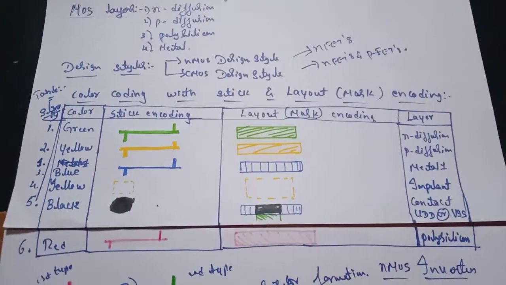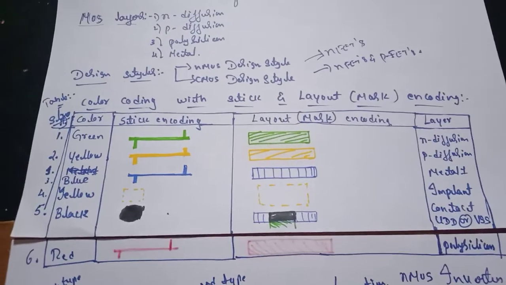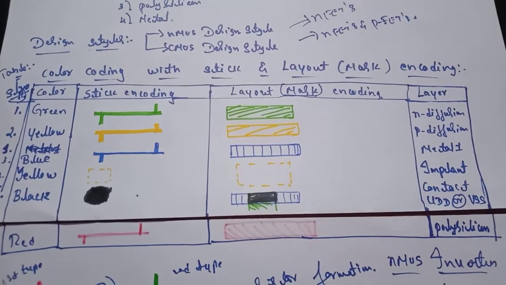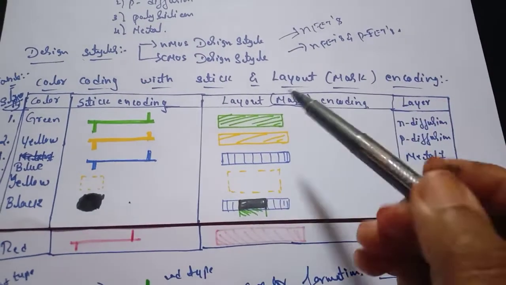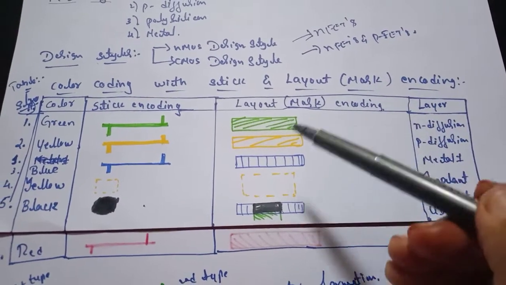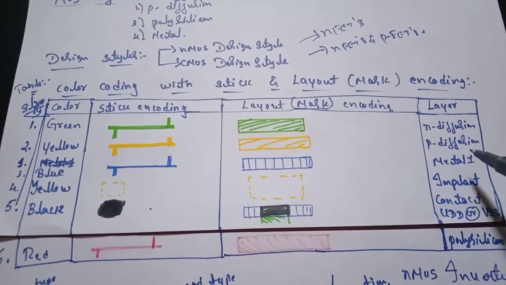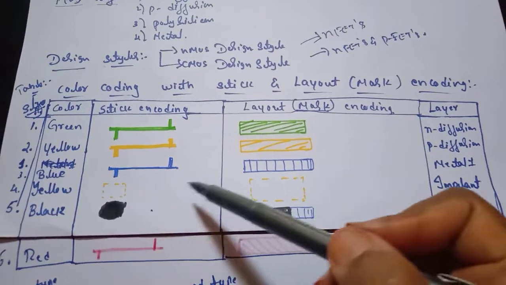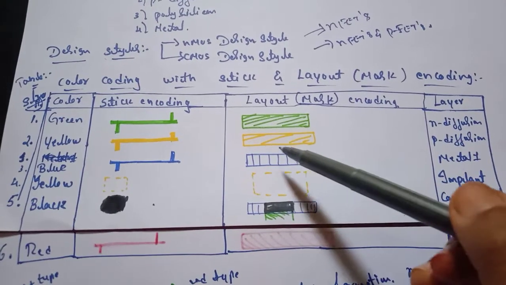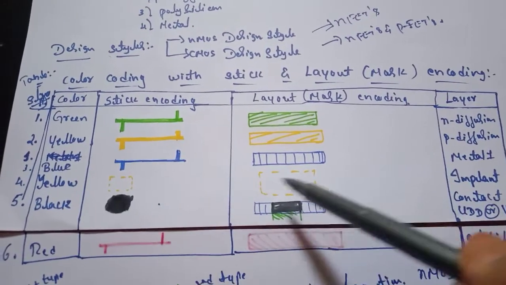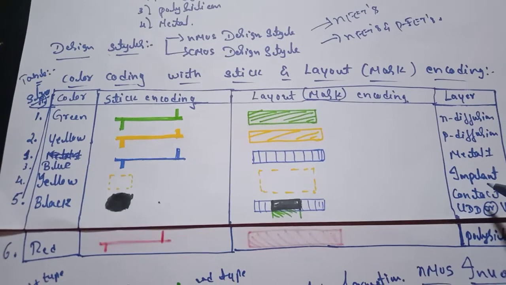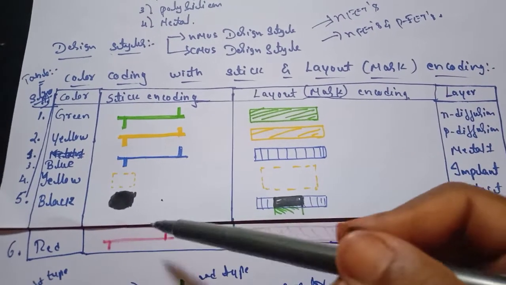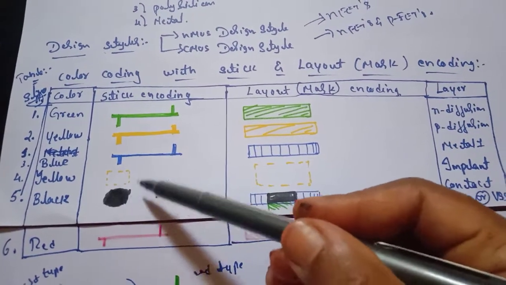diagram. Here, the table represents the 4 layers' color encoding with a contact cut. The first color, green, is used to represent an N diffusion, with a stick and a layout encoding within a rectangle box of slash lines. The yellow color is used to represent a P diffusion, where the gap between one slash line and another is more. The blue color is used to represent metal one, within a rectangle box with vertical lines. And again yellow is used to represent an implant, used in depletion mode of an NMOS design style.